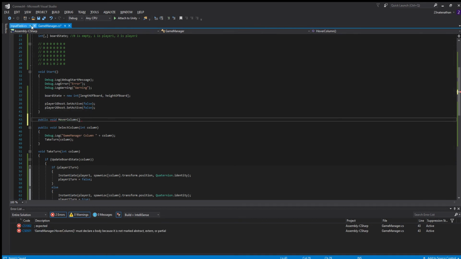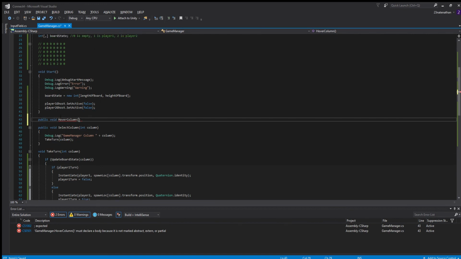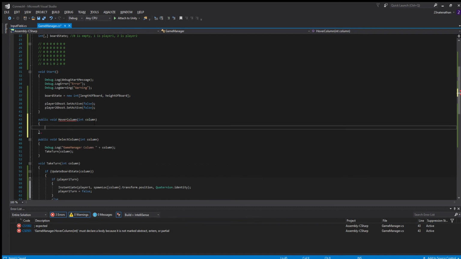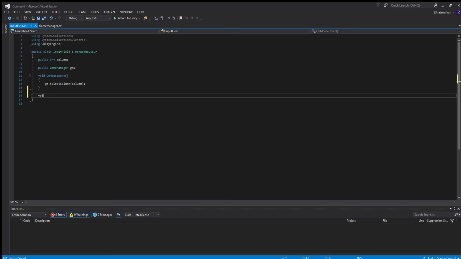So in the input field, we're going to be creating a new void that's going to be called onMouseOver, which is going to be doing our hovering input. So right here, onMouseOver. Oh, I'm just going to take away this private. There's different ones. There's on mouse down, mouse over, there's just on mouse enter. There's a bunch of different ones, but the difference is this one's when we actually put the mouse down. So when we actually click on the thing, and then this is just when our mouse is hovering over